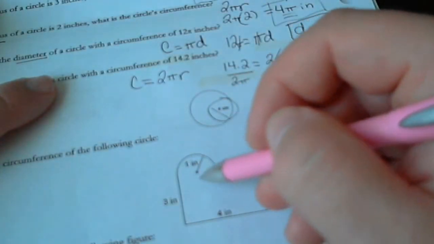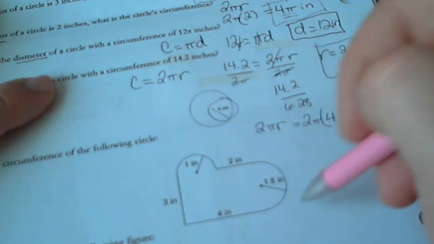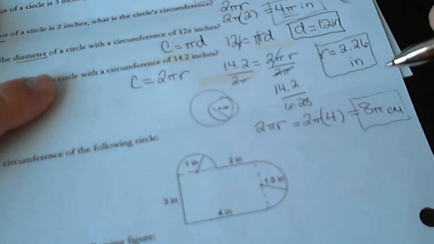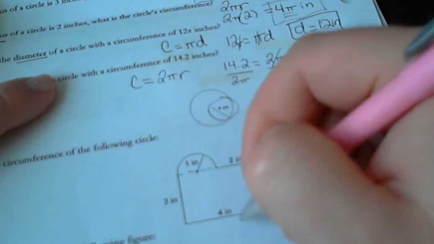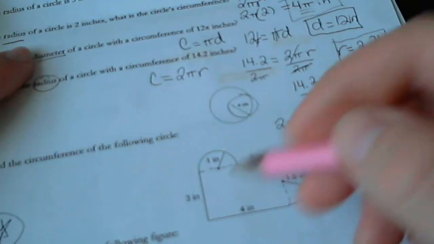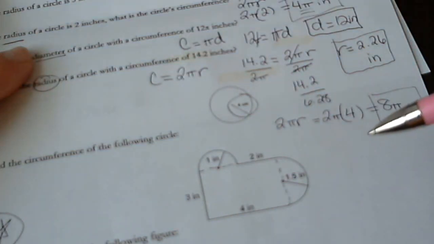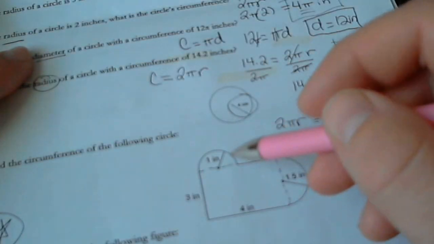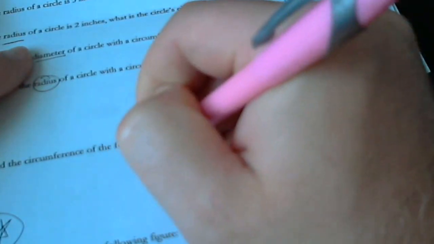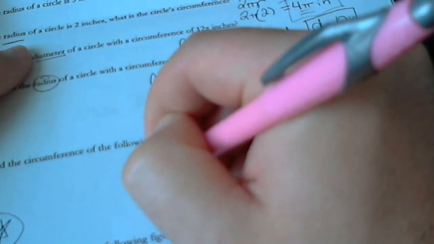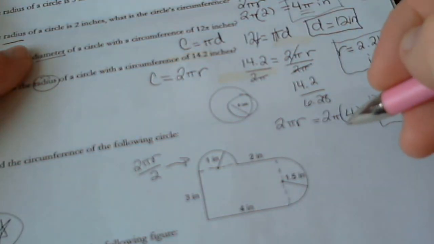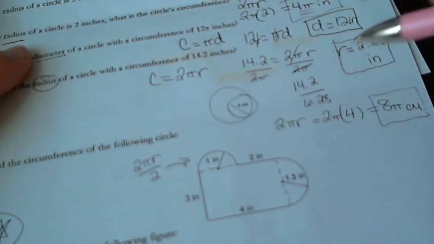Okay, in this shape down here, notice that we have a half circle right here and another half circle right here, and some flat sides around the edges. What I would like you to do is find the perimeter of this shape for our next class. Remember, these are only half circles, so whenever you use the 2 pi r, that's for an entire circle. You're going to have to divide by 2 so that you end up with the circumference of half of a circle. Try this problem for our next class,